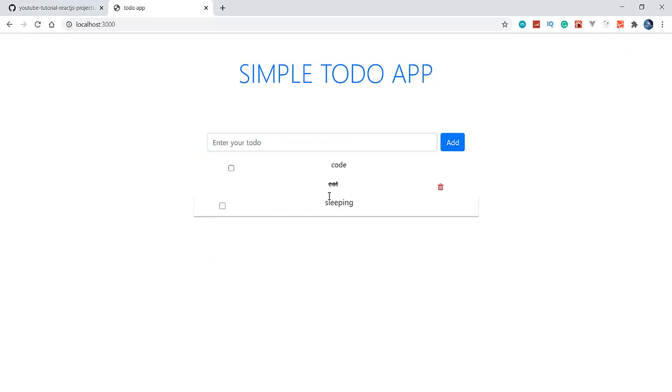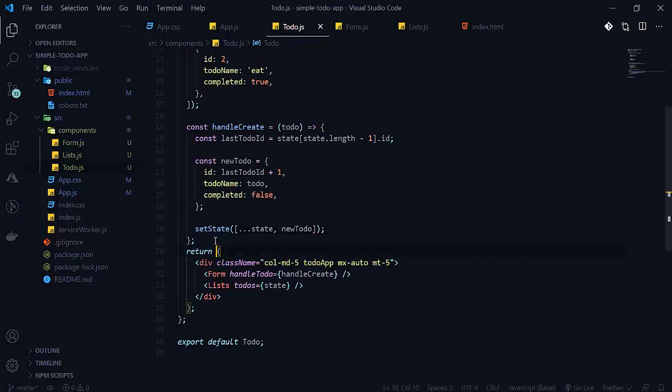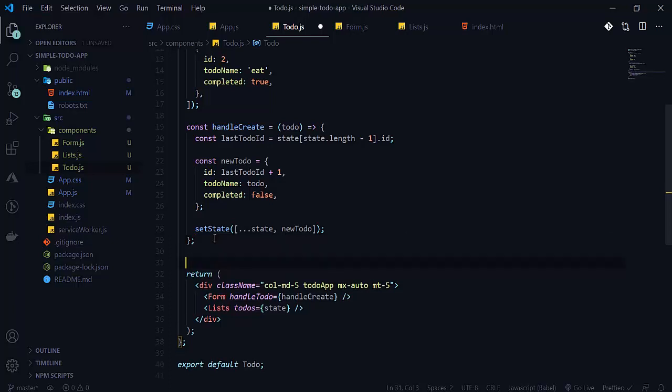So now let's move to our update operation. Here we will create a constant handleComplete, and here will be a function, and we will get id here. Let's alert id here.